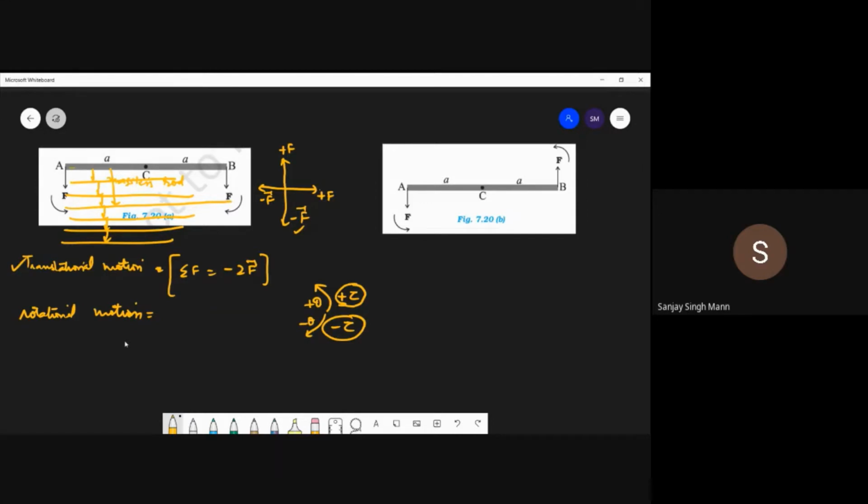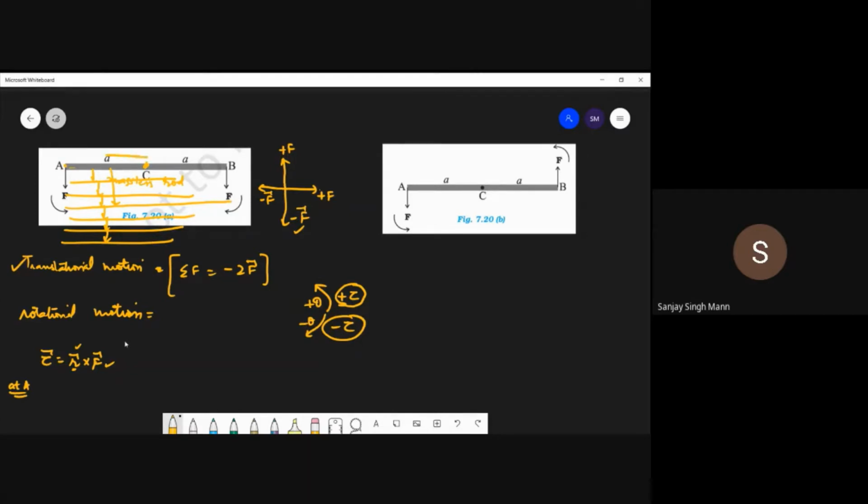See, at all the points you have to calculate the torque, because torque is equal to R cross F. At A you are applying the force. Okay, you know the force, but from where will you take the moment? Where will your axis of rotation be? This is the position R, where you will be taking the position. We will be taking the moment about C, meaning the axis of rotation is passing through this point C.